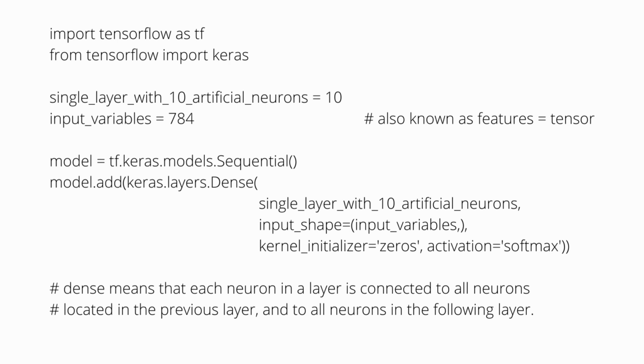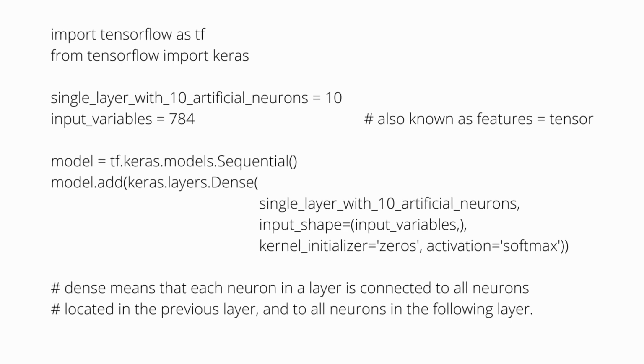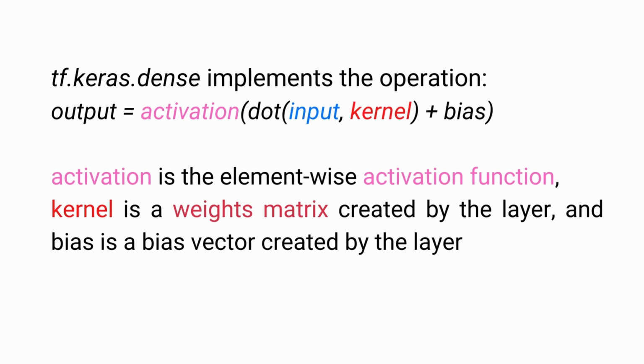And of course, a dense layer, we can have a lot of layers. But the dense layer is a simple layer. And it means also that each neuron in a layer is connected to all neurons located in the previous layer and to all neurons in the following layer. So we have a dense network structure. And if you want to have an abstract mathematical notation of what this layer operation is doing, so we have